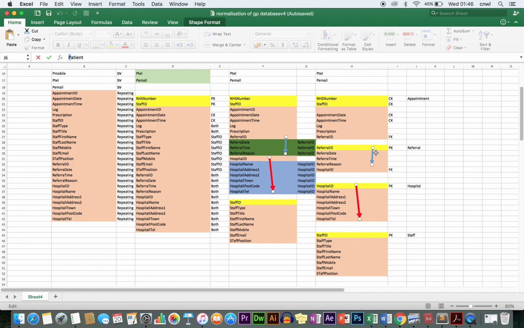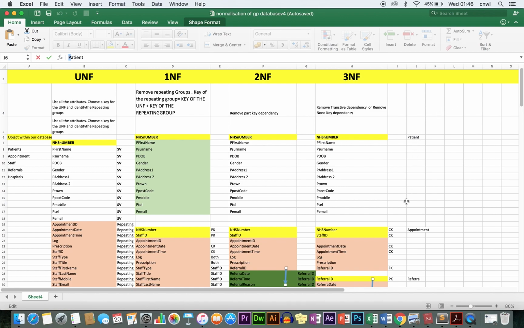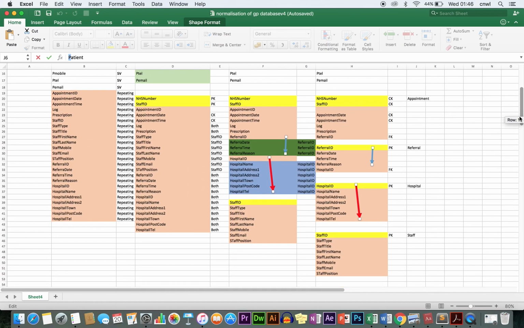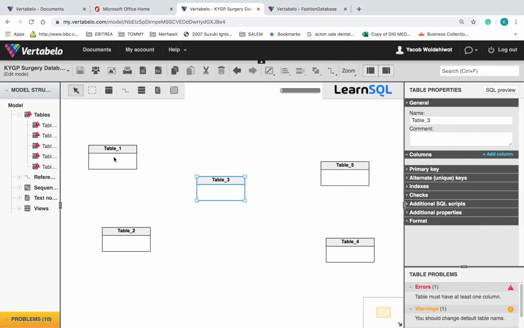Because our normalization has enabled us to decide that we do need a patient table and appointment, referral, staff, and hospital. So we name the first one patients,